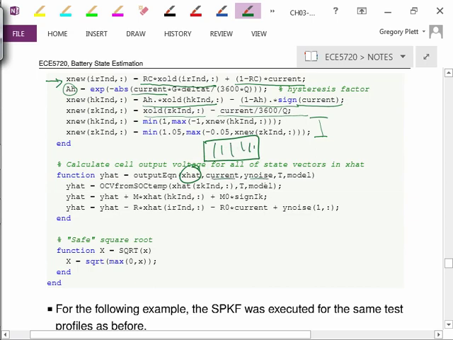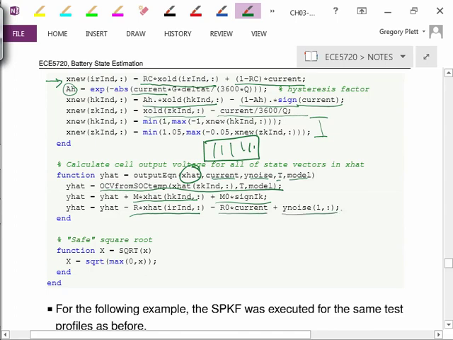I pass it current, sensor noise, temperature, and the model. I initialize the output to be open circuit voltage using the different states of charge in x hat, and I add to this the hysteresis state appropriately scaled and the instantaneous hysteresis appropriately scaled, and I subtract from it the diffusion resistor currents appropriately scaled to become voltages, and then the IR, and then sensor noise, and then I